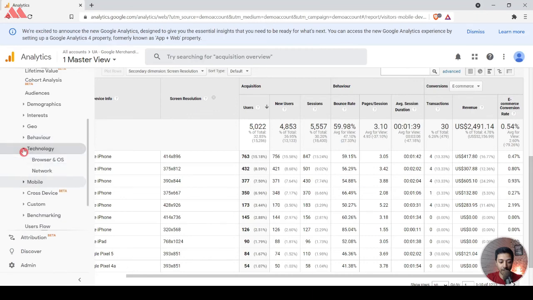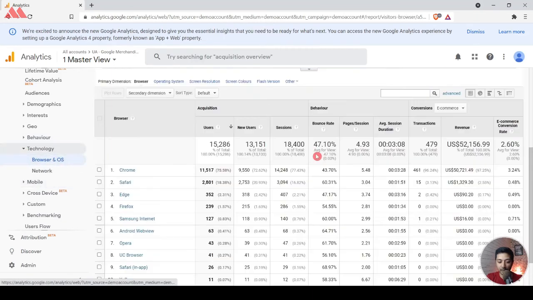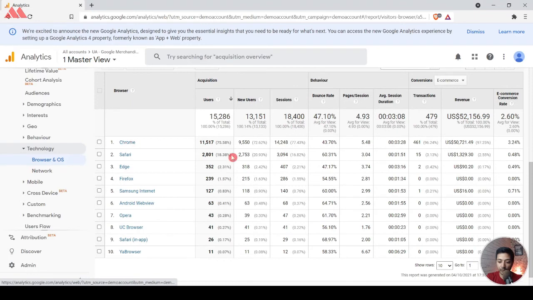If we go in the technology, we can go ahead and check the browser and OS. And here as well, we can see that we have Chrome users, we have Safari, and people are coming from all the possible browsers. But once again, we see that the majority of the visitors are from Chrome, that is 3.24%, and for Safari, we have 0.48% and 0.49% for Edge. And that is actually understandable because we have just seen how poorly the website is performing on iPhones. So most of the time they might be using Safari as a browser. So that could be the reason that the UI is not performing well on Safari.